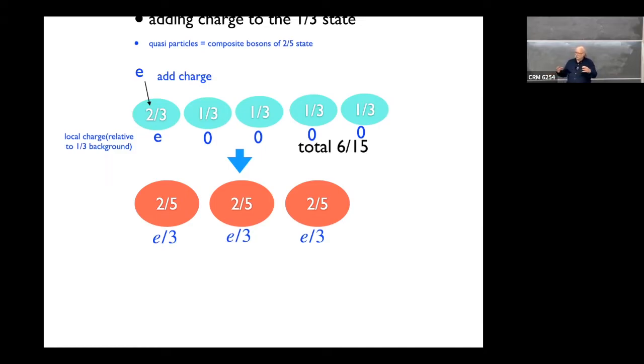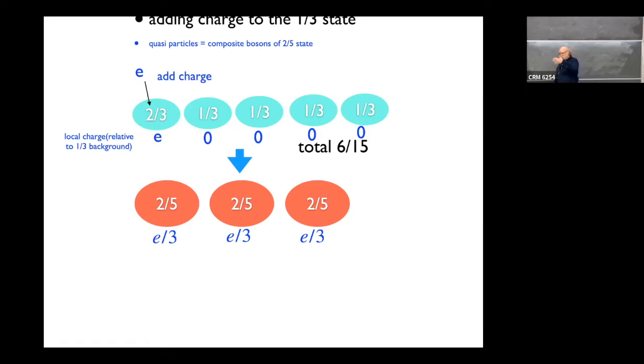Eventually, as I fill the thing up, the 2/5 droplets will coalesce, and I'll have a 2/5 state with a few 1/3 holes left, droplets on. And of course, you can start the other way around. If you remove a particle from the 2/5 state, so you take out 1 particle and leave it in the 1/5 charge state, then it can combine with stuff, and you'll create five